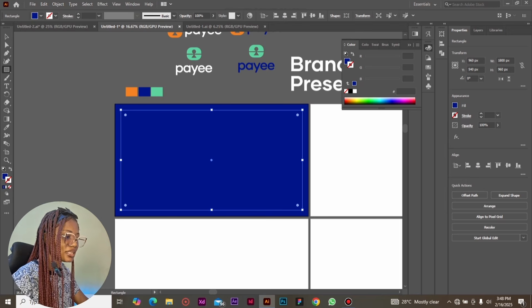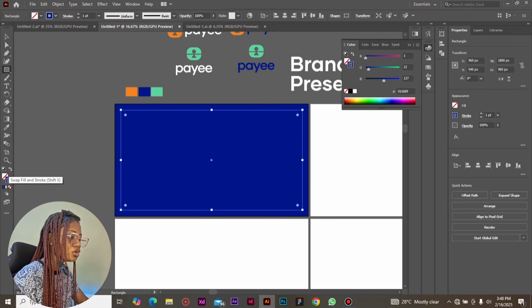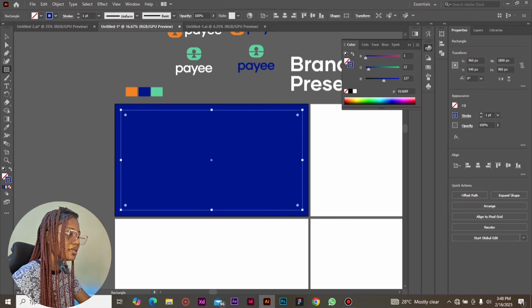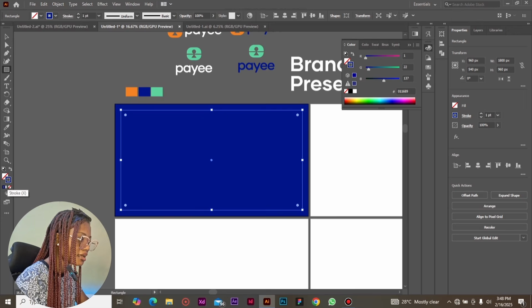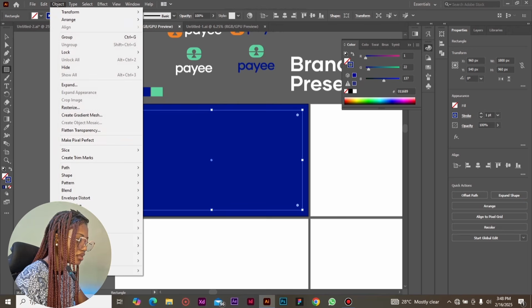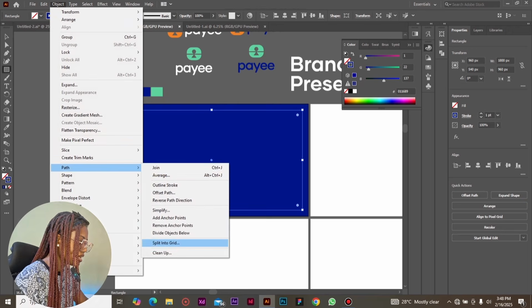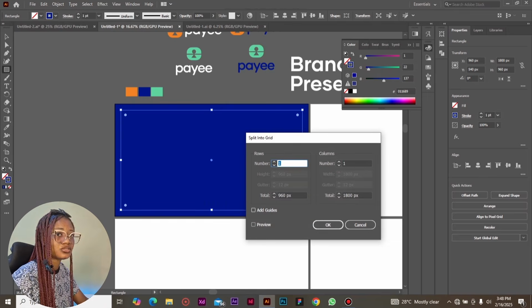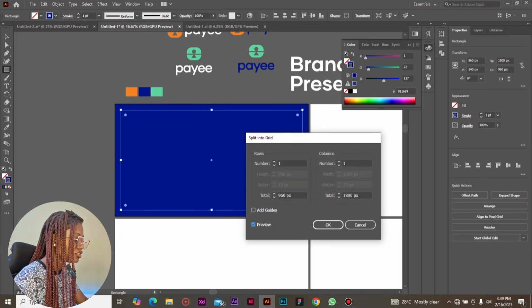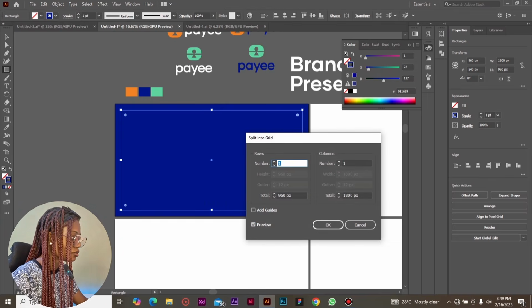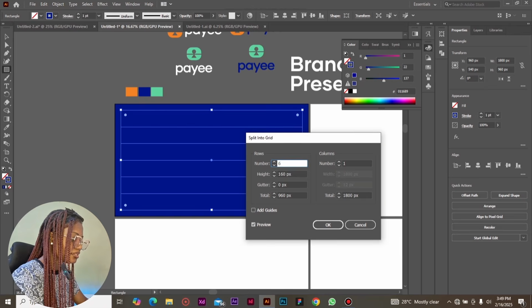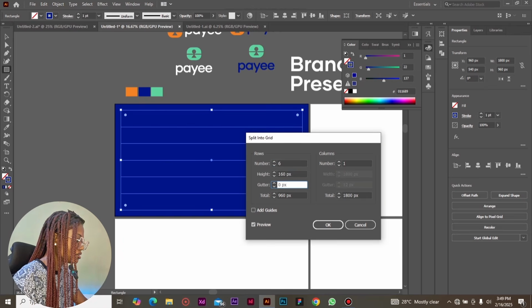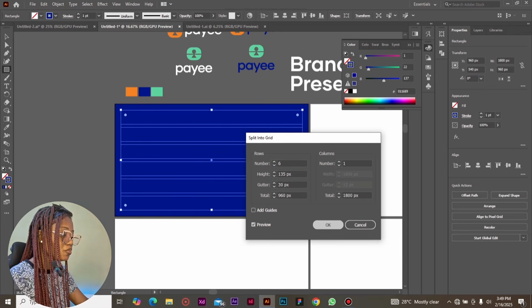Subtracting it, you make sure that you are not using the fill, but the stroke. So after changing it to the stroke, you copy it and then you go to Object, Path, Split into Grid, and make sure your preview is on so that you can see what you are doing. We are going to use 6 rows by 30 gutter, and then you click OK, and then you paste